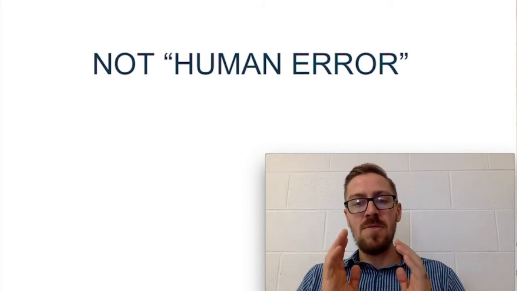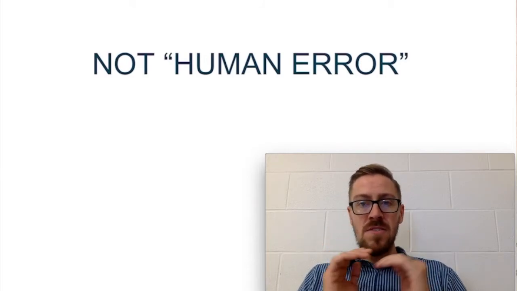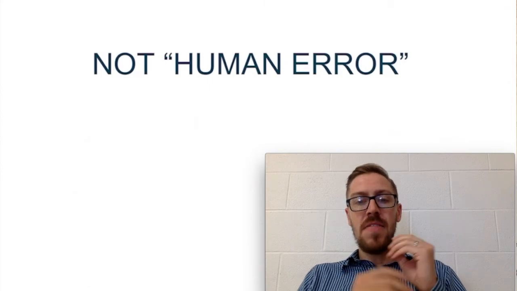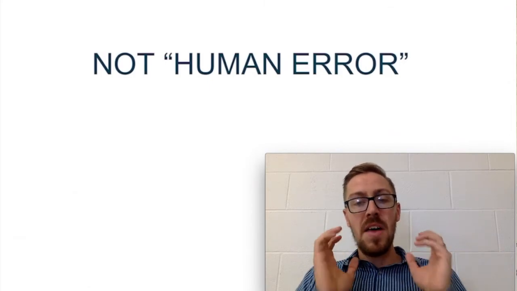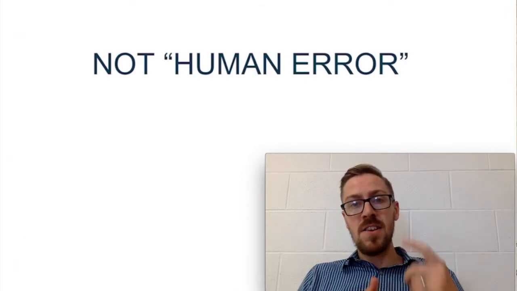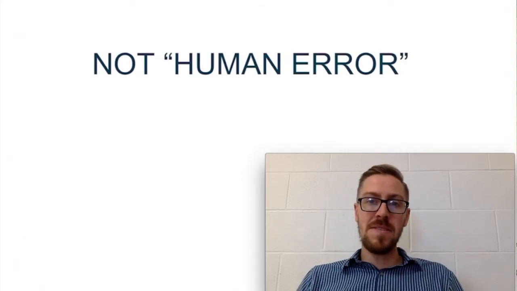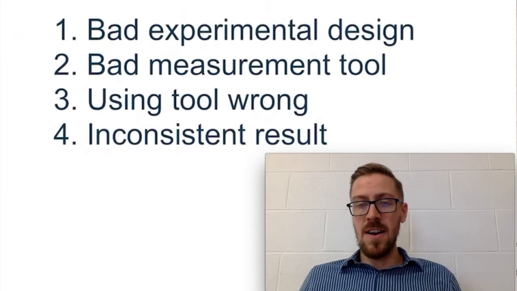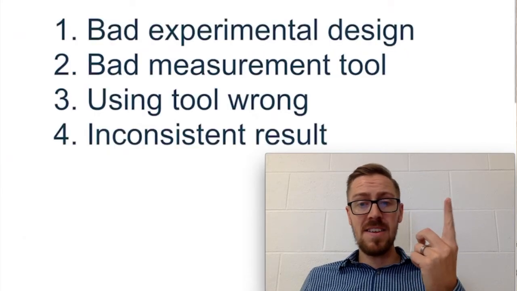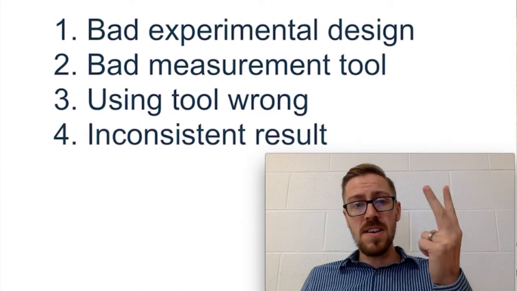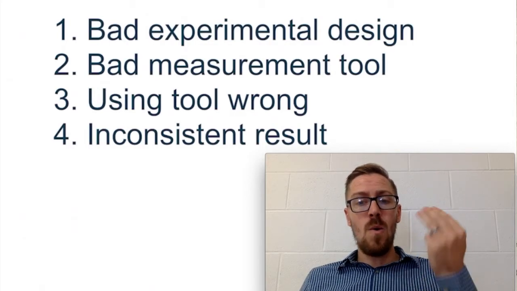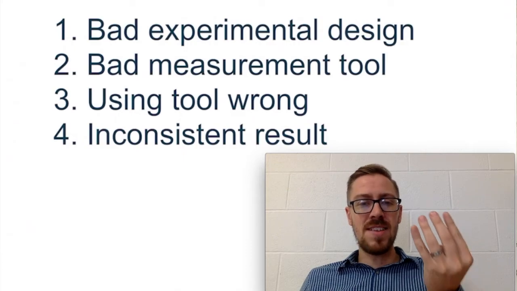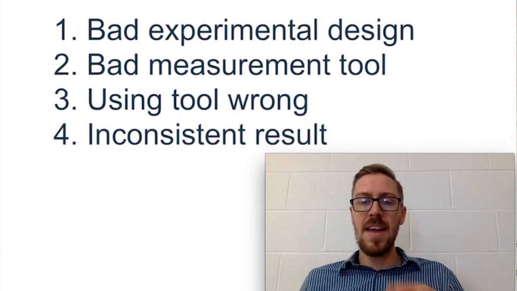If I ask you to think about your errors, or if your teacher asks you to think about your errors, they want you to look back at your experiment and imagine the ways where it could have gone wrong. That way you know what to do if you were asked to go take better, more accurate measurements. So again, those 4 things are bad design or bad execution, using a bad tool to measure, using a good tool the wrong way, or just not having a good, consistent phenomenon that you're looking at. Never use the